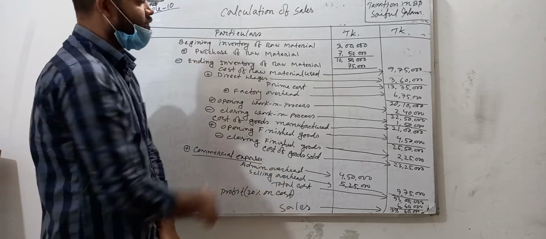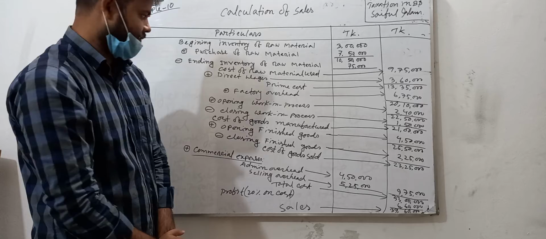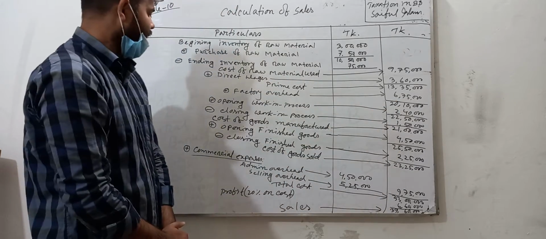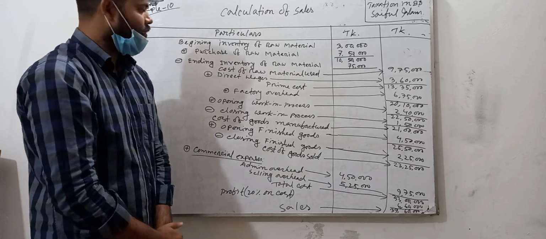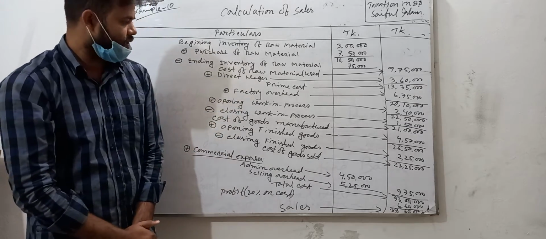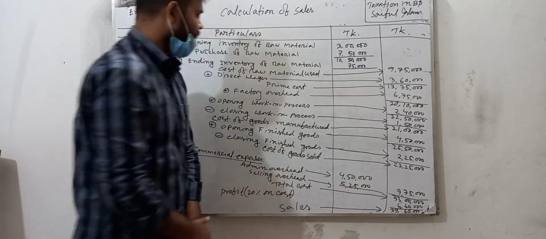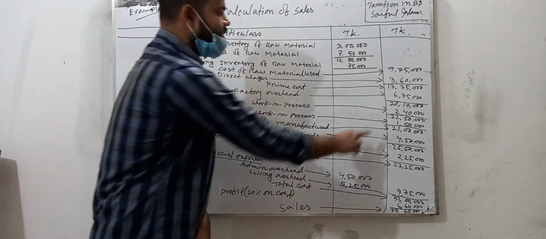In the question, factory overhead is 6 lakh 75,000. So the total is 20 lakh 10,000. Given in the question is opening work in process, so we add opening work in process, 2,40,000, to the total cost. Then the answer will be